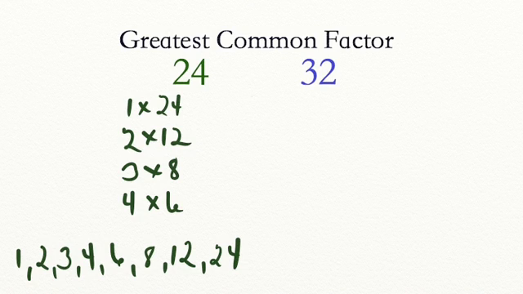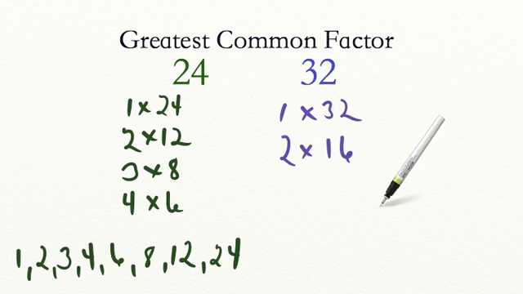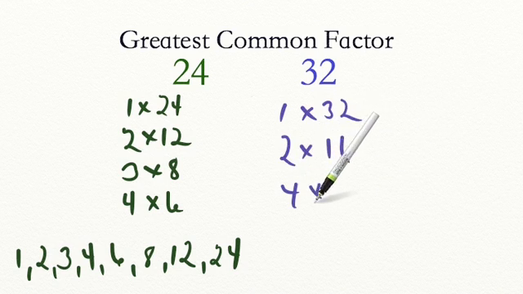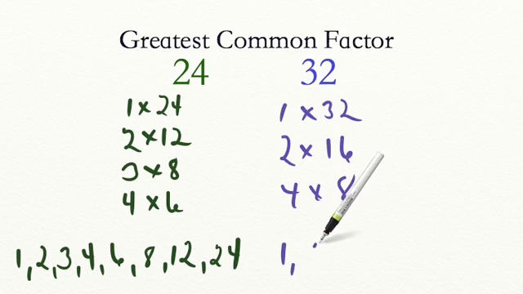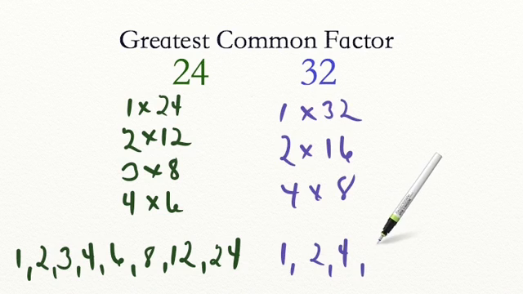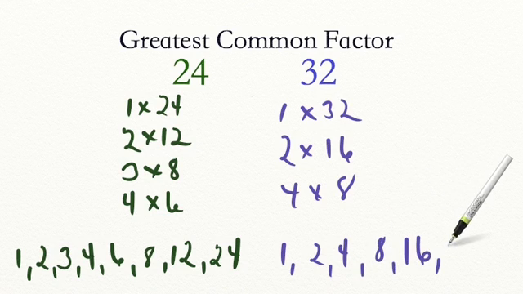Okay, now let's go ahead and move on and list all of the factors for the number 32. We have 1 times 32, 2 times 16. There isn't any number that we can multiply by 3, so let's go ahead and move on to 4. We can multiply 4 times 8. Now those are the only factors for the number 32, so let's go ahead and list those. 1, 2, 4, 8, 16, 32. It's very important that we write these numbers in order from least to greatest, and that's so that we can